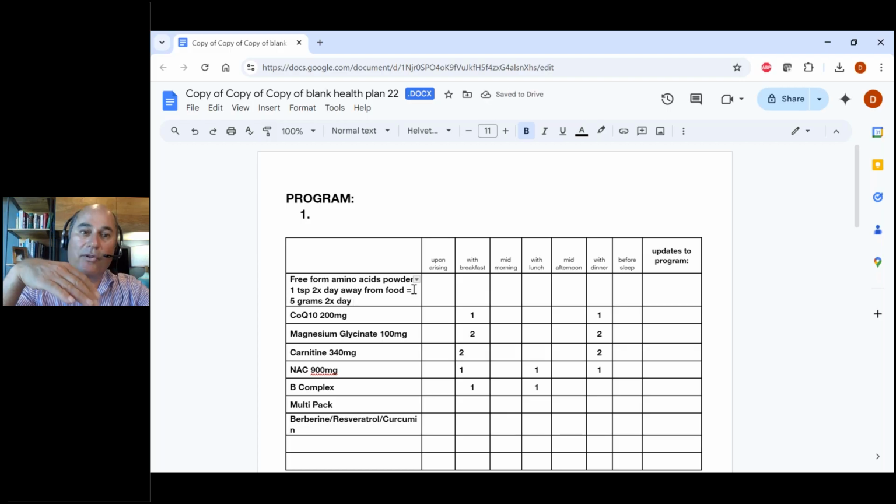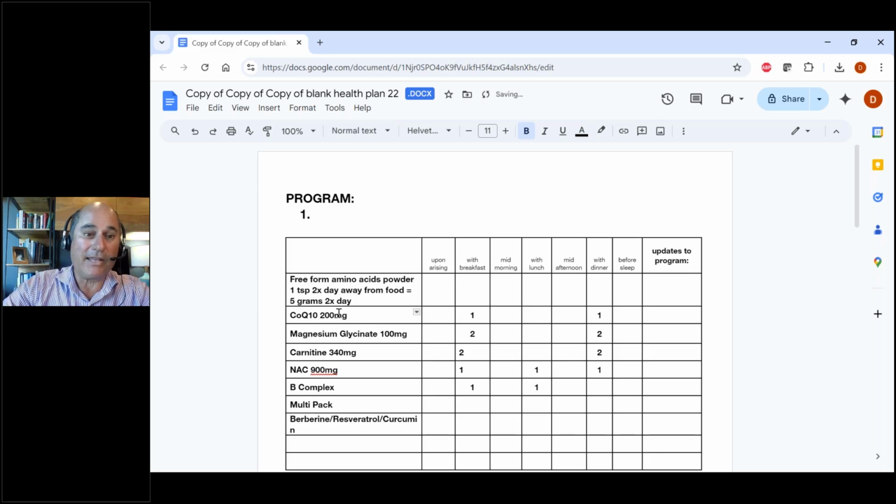Be careful when you're ordering these different products from different companies because they all have different size scoopers. Sometimes a scooper is 3 grams, sometimes it's 12 grams. So don't let the patient take 1 scoop 2 times a day. Let them know, hey, it's 1 teaspoon. Throw the scooper away if you're confused or they're confused, and just have them get a teaspoon like you would bake a cake with, a teaspoon of sugar or salt, and have them measure it with a teaspoon. I've had patients who use the scooper, and if it's a 12-gram scooper and you're giving them 2 of those a day, that's not going to be the right dose.